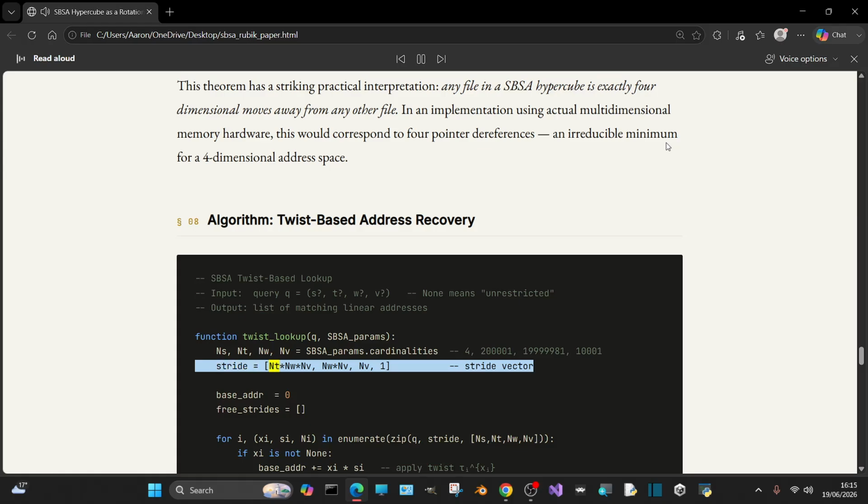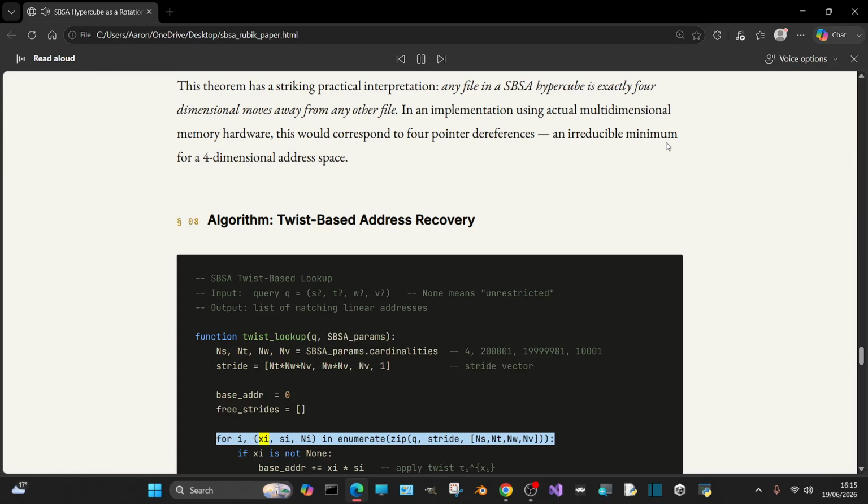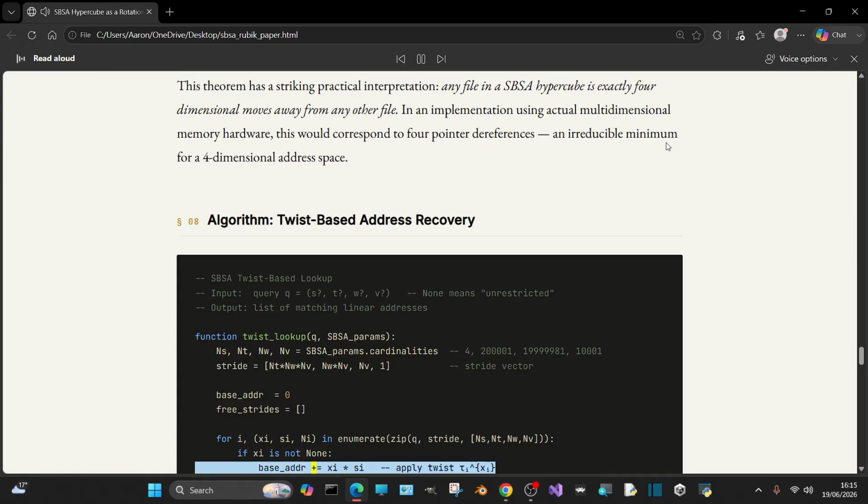Stride equals NT times NW times NV, NW times NV, NV, 1. Stride vector. base_address equals 0, free_strides equals empty. For I, q, stride, N in enumerate, zip Q, stride, NS, NT, NW, NV: if q is not None, base_address plus equals q times psi apply twist